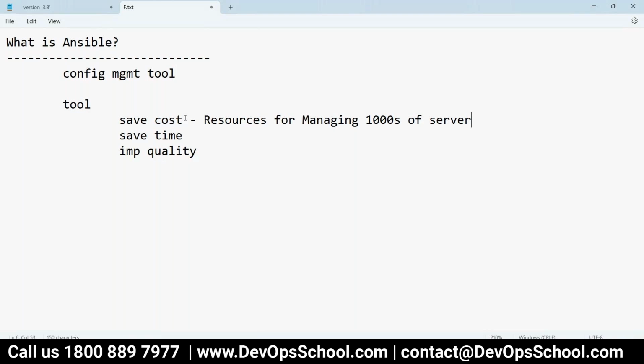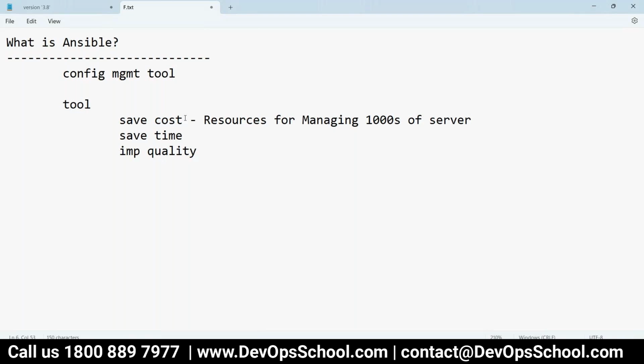So those are the things where Ansible can save your cost. Let's say without Ansible, you need 10 resources or maybe something like that. So with Ansible, maybe you need 2 resources in software engineers